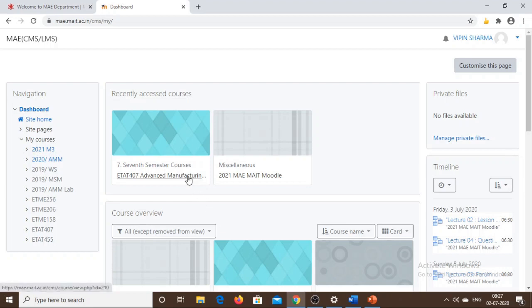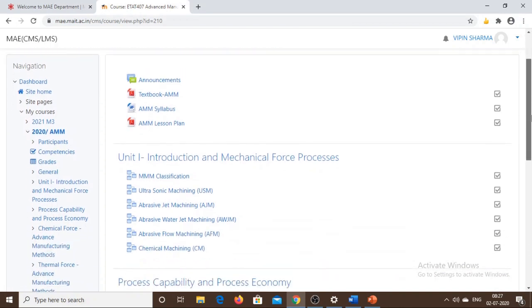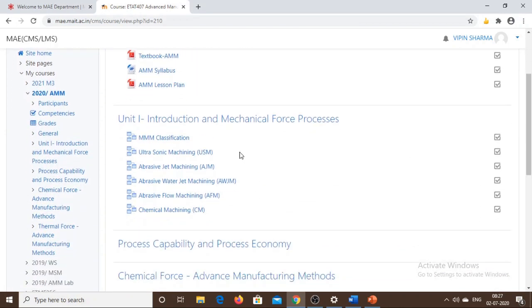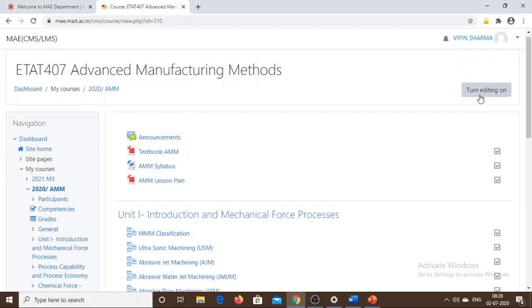So here, this is the first course, which is Advanced Manufacturing Methods, in which I am enrolled as an instructor. So this is unit 1 and these are the different lessons of unit 1. In this video I will add some content to the third lesson of unit 1, which is abrasive jet machining. To do this, first of all, just turn the editing on